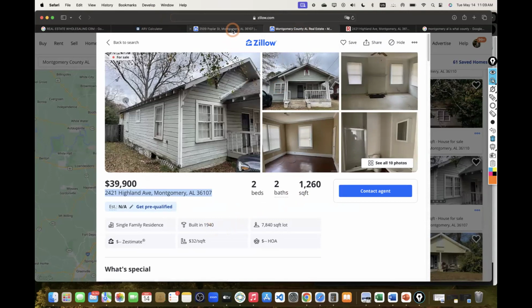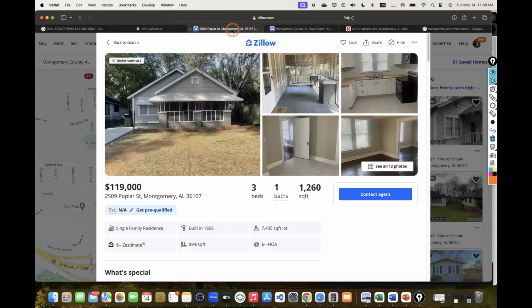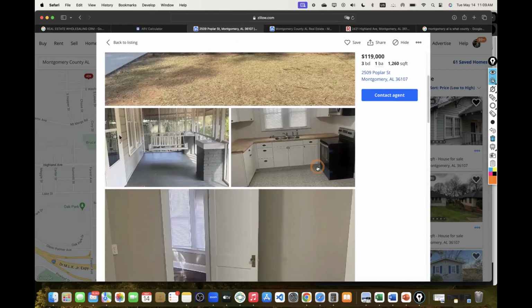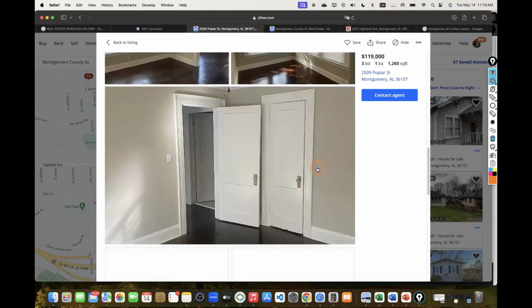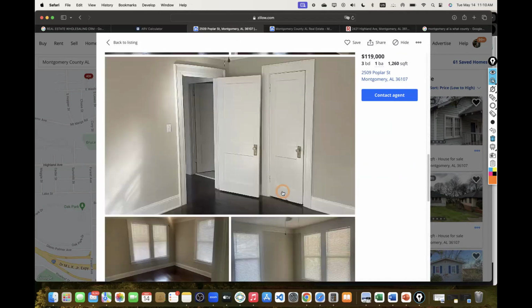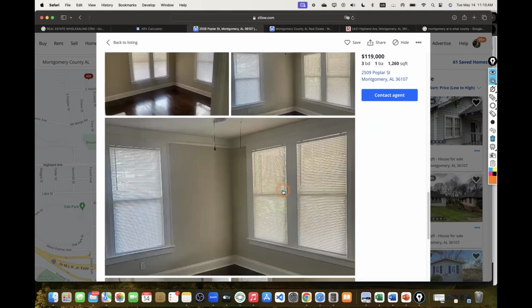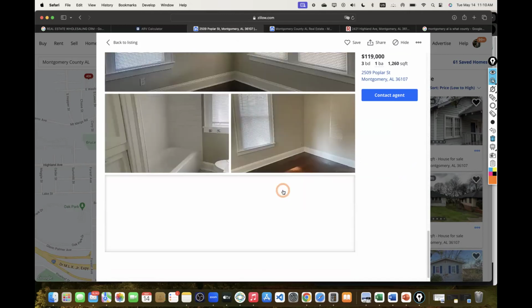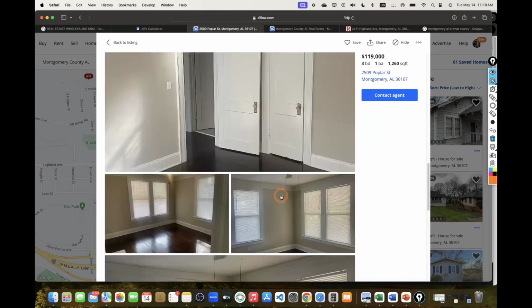12 years of a difference. You know what? I can still play with it. $119,000 though. Damn. They didn't do anything major with the flooring. They just did painting, kitchen doors. They just changed the hinges as well. Oh no, I think they updated the doors as well. Windows, bathroom, very minimal stuff as well.